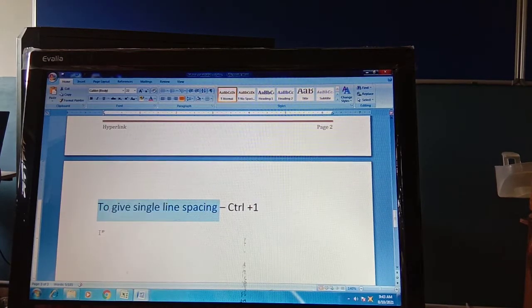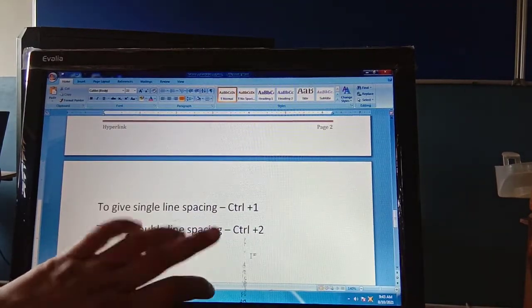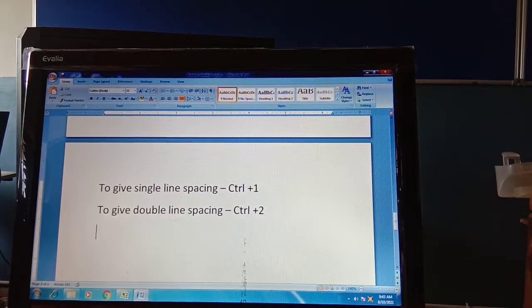If you want to give double line spacing, what is your shortcut key? CTRL plus 2. It means you will press the CTRL and 2 keys together. And what is it for 1.5 line spacing? To give 1.5 line spacing,